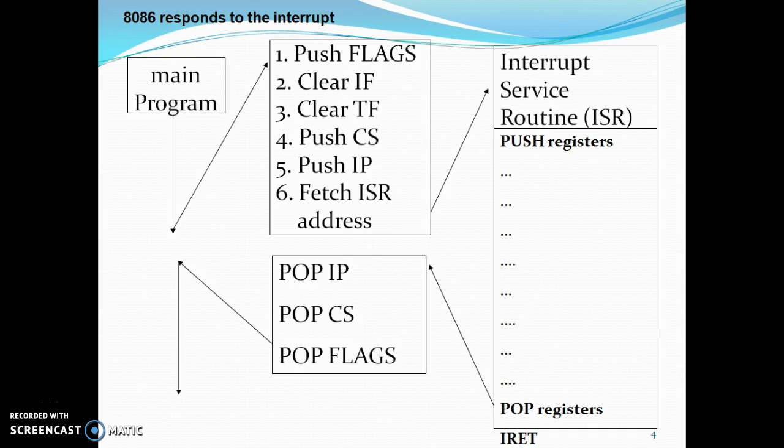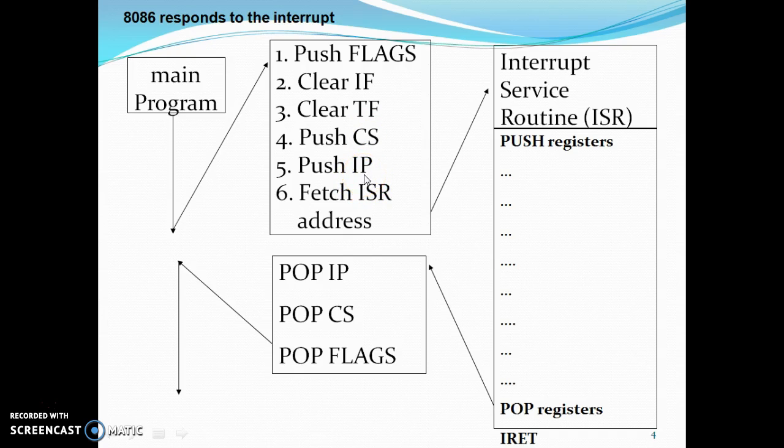Now we'll see how the 8086 responds to an interrupt. Suppose this is the main program, and at this particular point an interrupt occurs. When an interrupt occurs, the stack pointer is decremented by 2 and the contents of flags will be pushed to the stack. After pushing the contents of flags to the stack, 8086 will clear the IF, that is the interrupt flag, as well as the trap flag. Then the code segment register contents will be pushed to the stack, followed by the instruction pointer contents